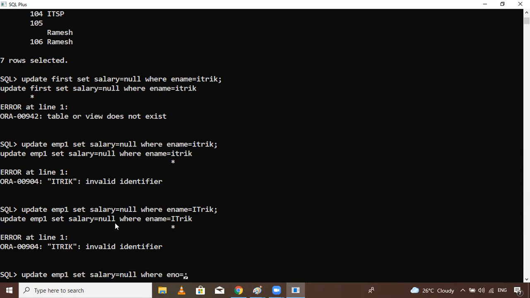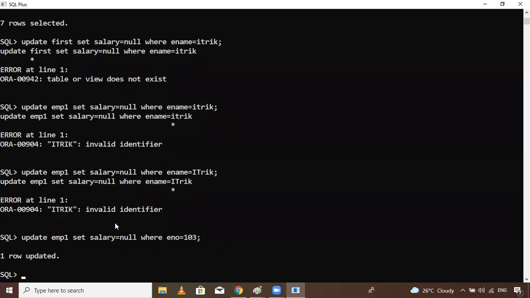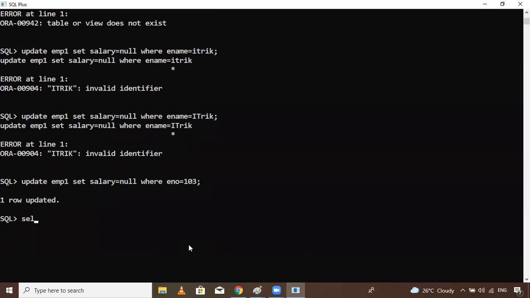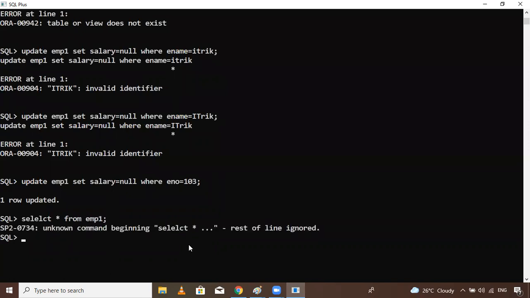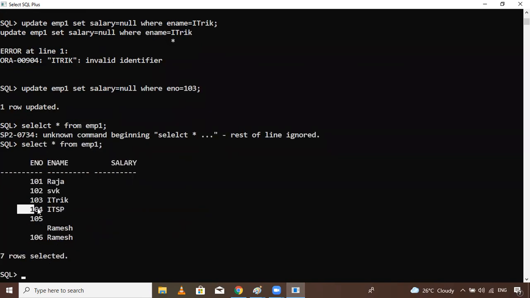Here ENO equals to one. Sorry, row updated, guys. Let's see, select star from EMP1. Now here, observe this. Now instead of this, null is storing. Instead of this, salary null is storing. So now it's working, guys.